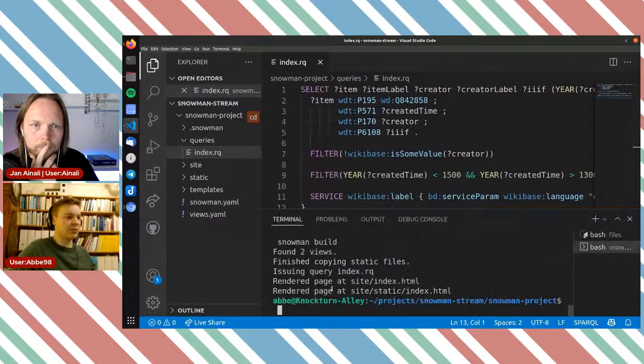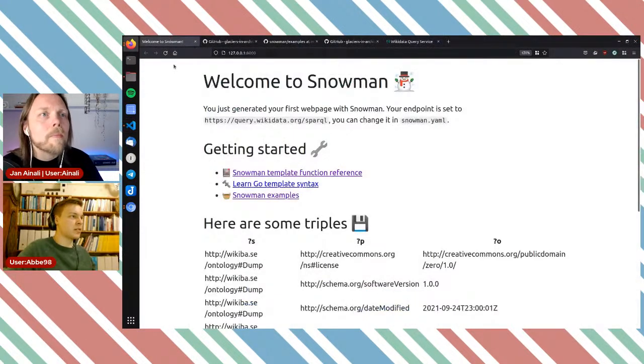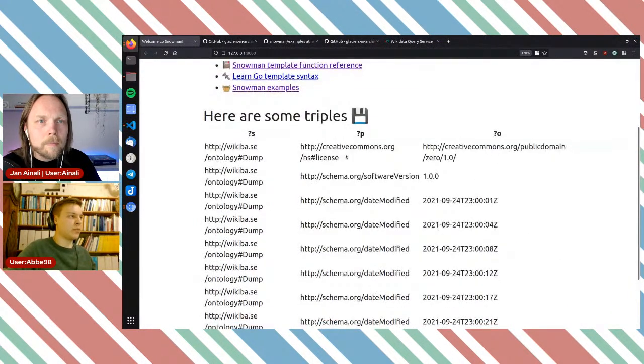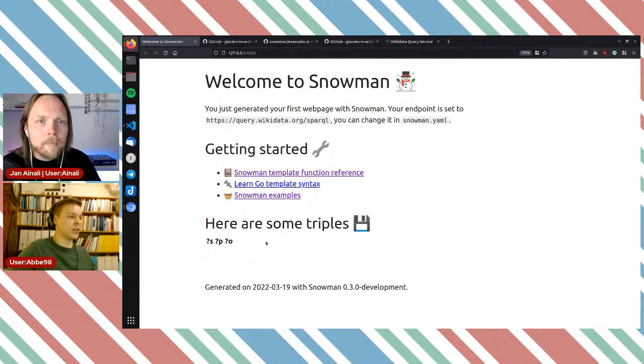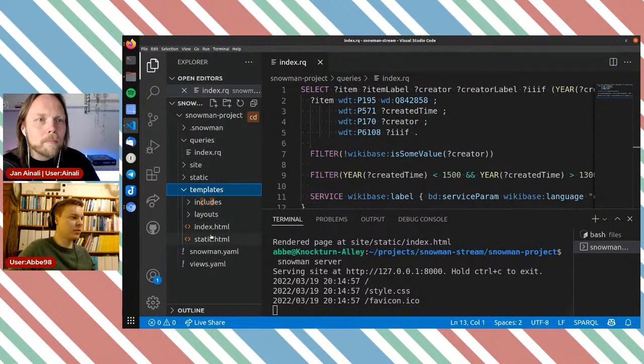And it actually said it rendered things, but let's actually run the server once again and have a look at that page. We have this table since before. Let's see if that, no. So it tried to look for those variables, but didn't find them. So that's gone now. But it also means that we can just change that template.